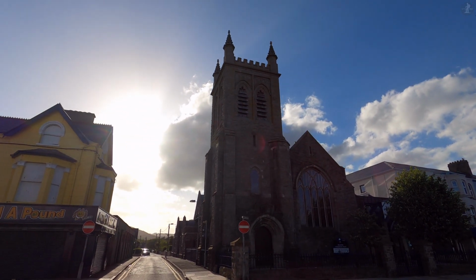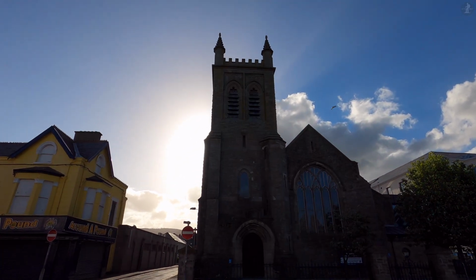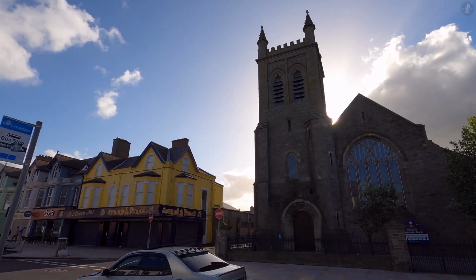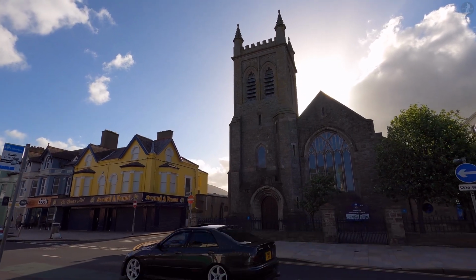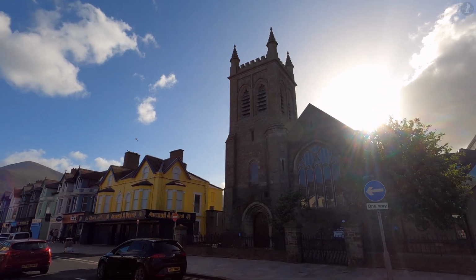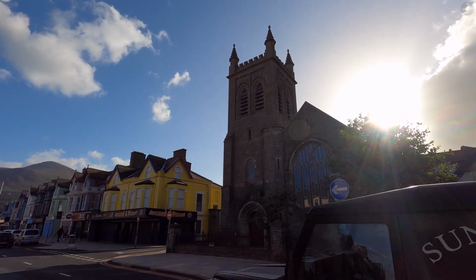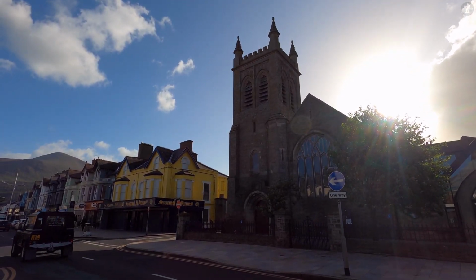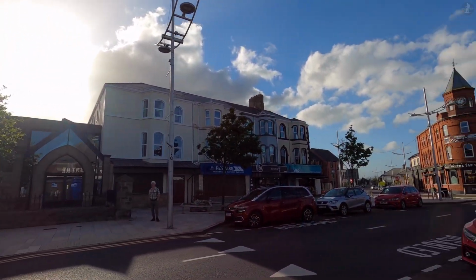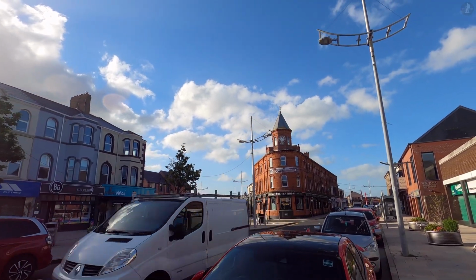Now just along Main Street from St Mary's Catholic Church, there stands another impressive town centre church, this one being Newcastle Presbyterian Church, built in the 1900s to replace an older church of 1842, which was built to cater to the town's Presbyterian population, in similar fashion to how St Mary's was built for the growing Catholic population just a few years after. From this point, Main Street continues along towards Newcastle's grand old railway station, which we'll pass by a little later on. But in the foreground, we can see one of the main hotels in the heart of town, the Donard Hotel,